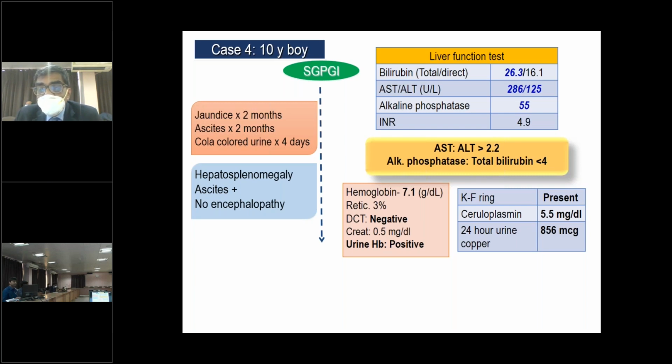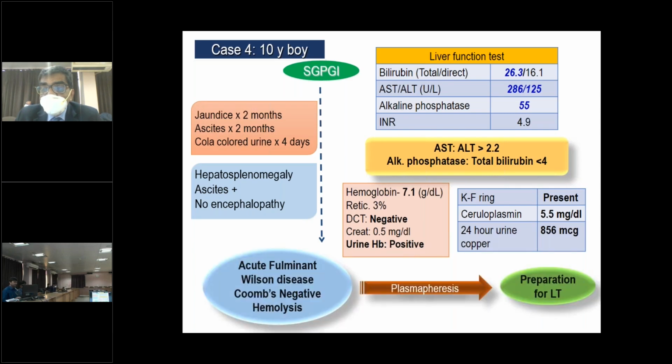showing AST to ALT ratio more than 2.2 and alkaline phosphatase to total bilirubin ratio less than 4. And this child also had Coombs negative hemolytic anemia with presence of KF ring, very low ceruloplasmin, and 24-hour urinary copper very high, 856. In this child, we made the diagnosis of acute fulminant Wilson disease with Coombs negative hemolytic anemia, and we advised